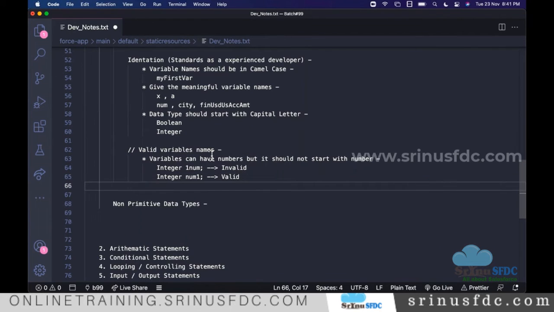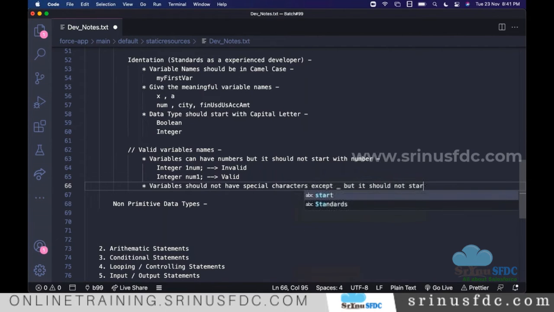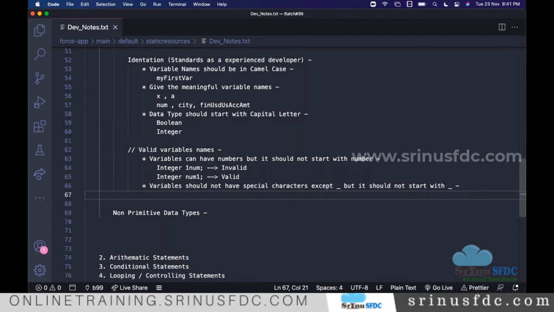The next thing, variables should not have special characters except underscore, but it should not start with an underscore. That's the rule. So let's say Integer with a special character, invalid. This is invalid.